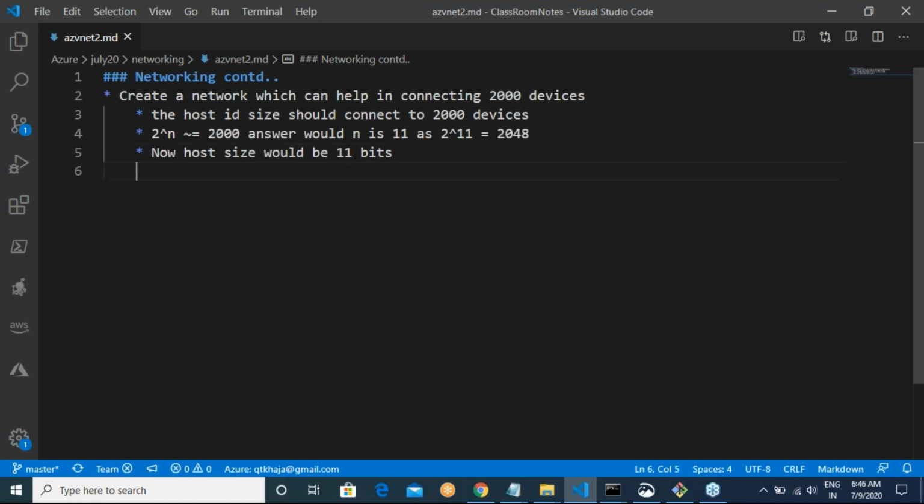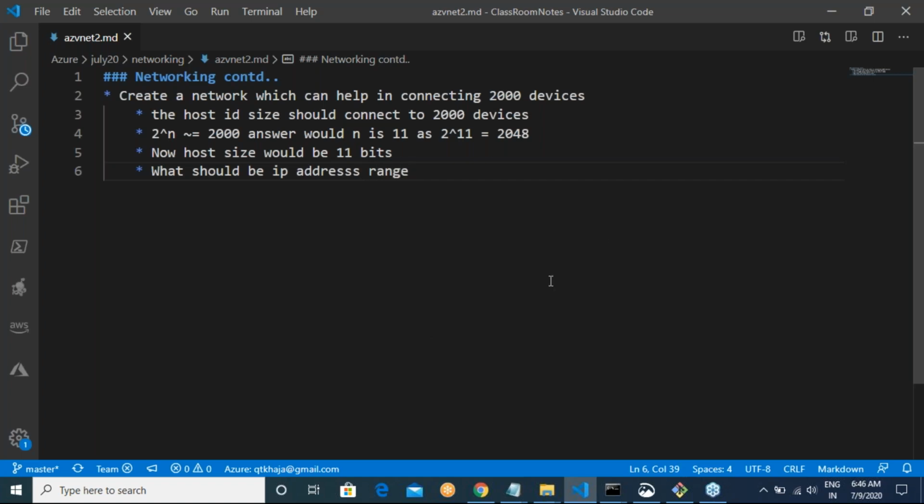Now we know the host size. What should be the IP address range? We should take out 11 bits for host addresses. What should be the IP address range?